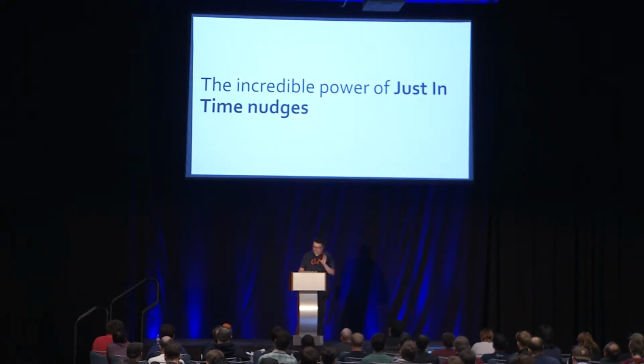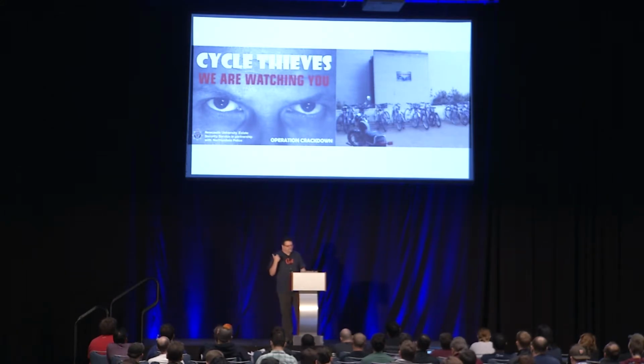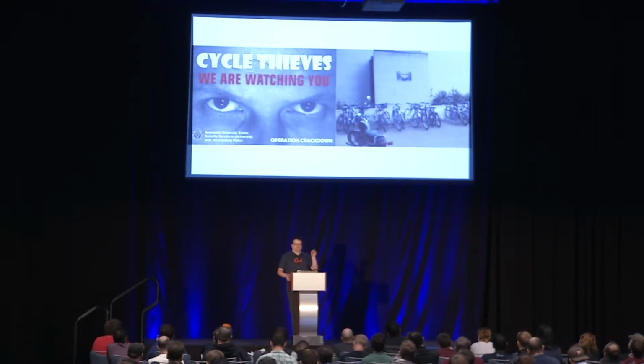So it's not just the just-in-time nudges. That's really critical. And we do this a ton in Discourse. I'll give you a bunch of examples in a minute. An interesting study they did, this is in England. They had a big problem with bicycles getting stolen. So what they did was they put up this sign, "Cycle thieves, we are watching you," with a pair of male eyes. And all they did was literally put this sign up. And they did it at some locations, and other locations they didn't.